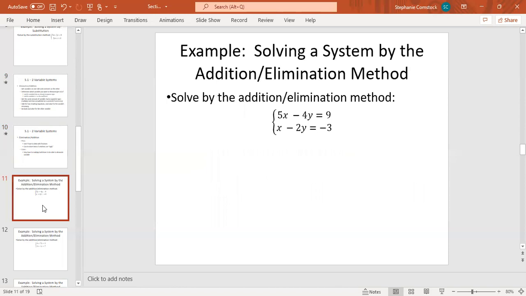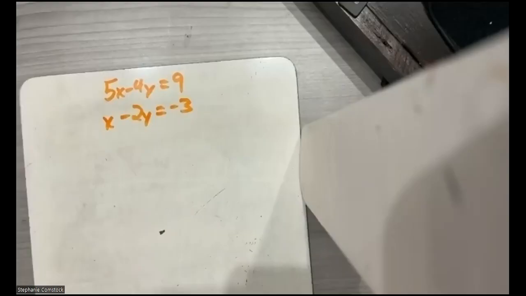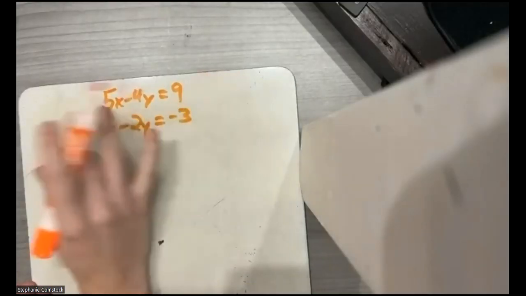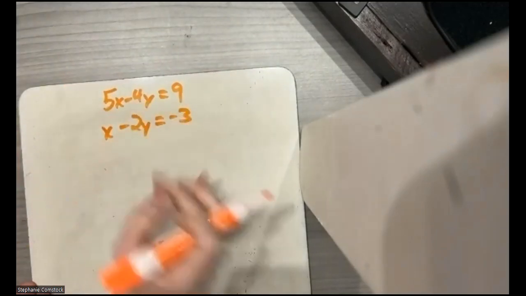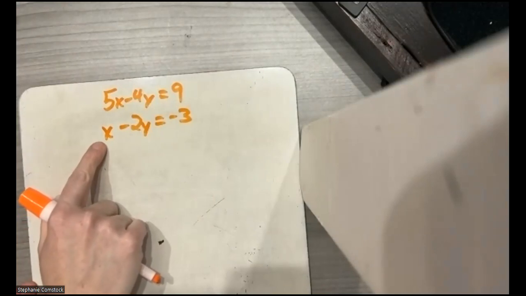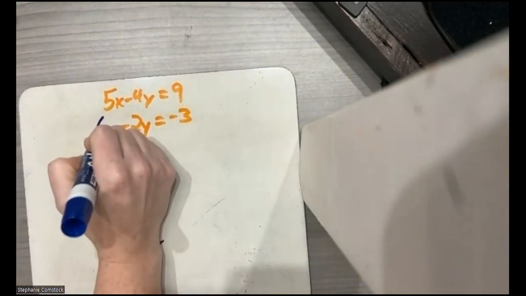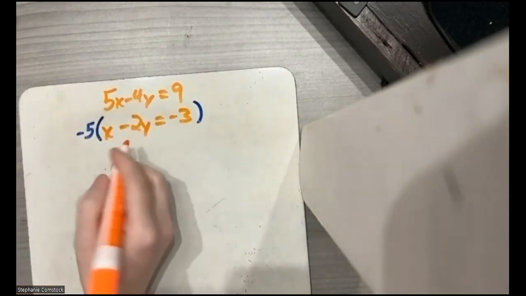So this first one that we're going to look at, we've got 5x minus 4y equals 9, and x minus 2y equals negative 3. I don't have anything in opposite signs because both my x's are positive and both of my y's are negative. But I do like that this is a singleton x, because I can very easily multiply this entire line by negative 5 so that I have a 5x in the top one and a negative 5x in the bottom one. So rewriting the top line